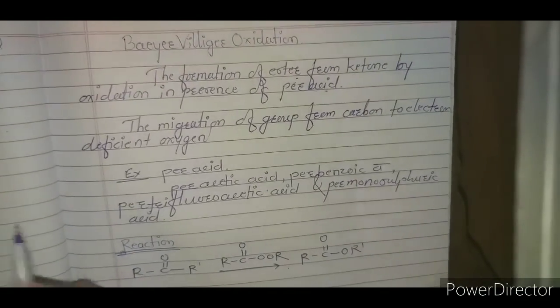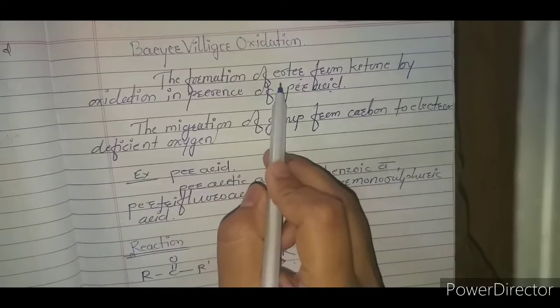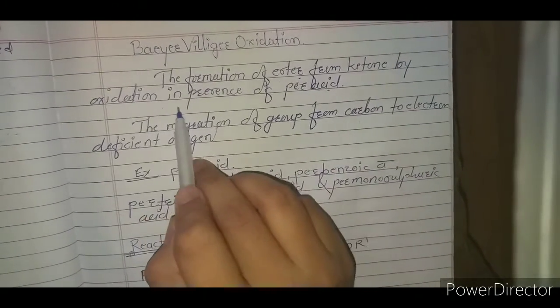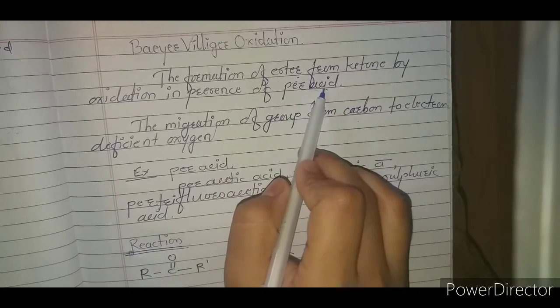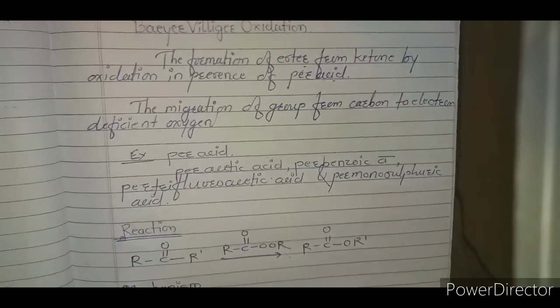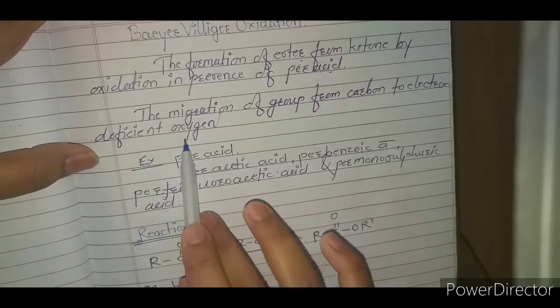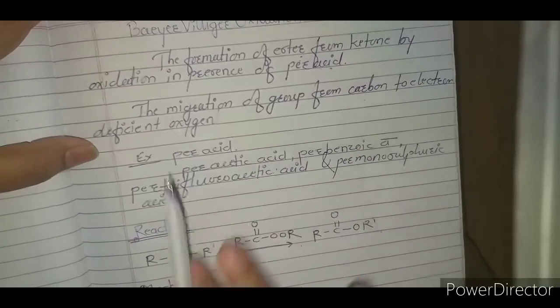So what happens in Baeyer-Villiger oxidation? The formation of ester takes place from ketone by oxidation in presence of per acid. Okay, in this Baeyer-Villiger reaction the migration of group from carbon to electron deficient oxygen takes place. Okay,